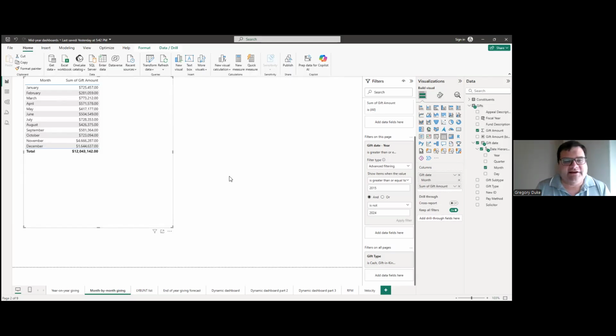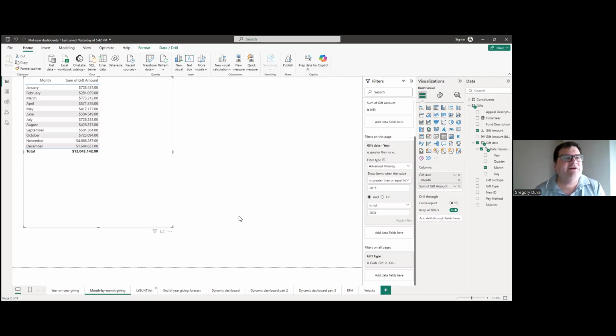So the next thing we want to take a look at here is who has given in the past but hasn't given yet this fiscal year. This is something that we call in the industry lapsed donors. And this is important because especially if people have been giving year on year for a while, and they tend to give in the earlier months of the fiscal year, but they didn't this year, maybe we missed them. Maybe they were expecting a personal call and didn't get one.